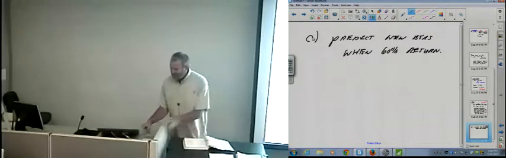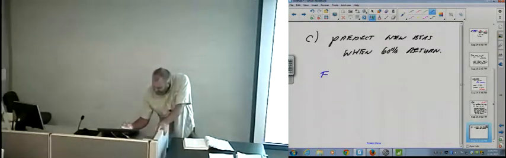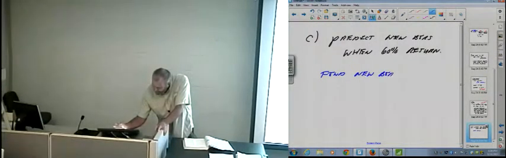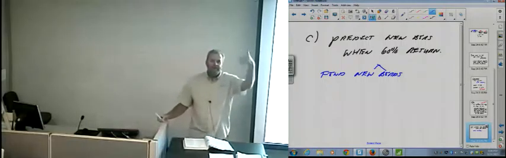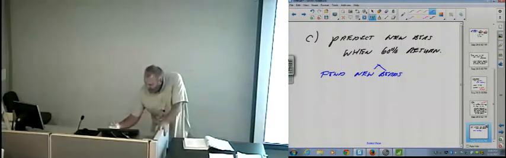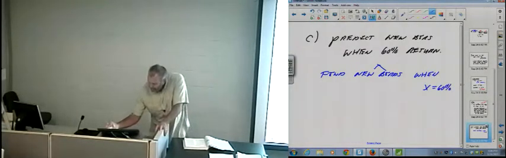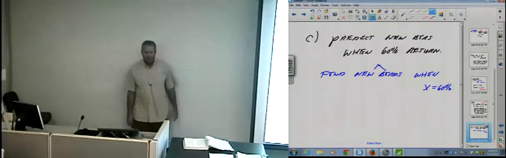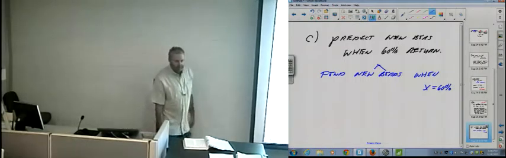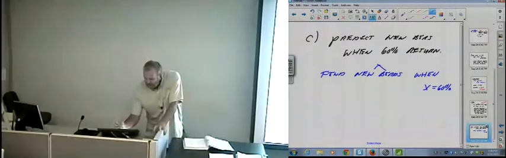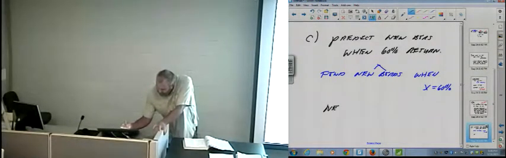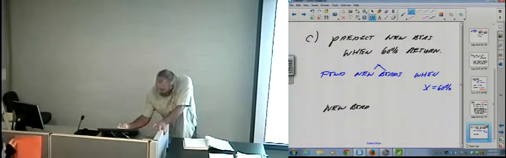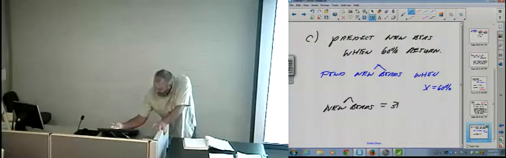What I'm asking you to do is find y-hat. I'm going to put the little hat on because I want you to know we're using the line. When x is 60%, that's what it's asking for. So we've got our equation. The new birds, with the little hat on, is 31.93 minus 0.304